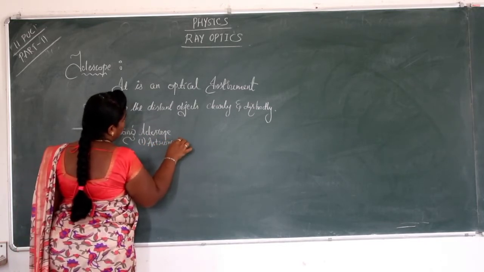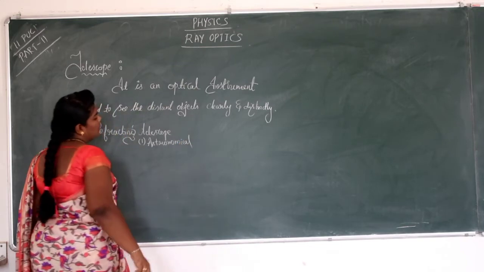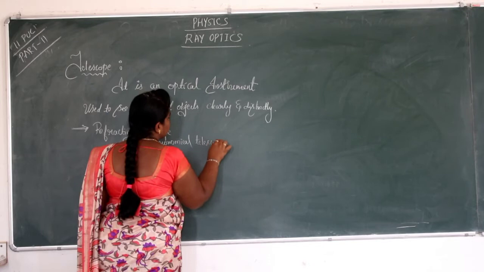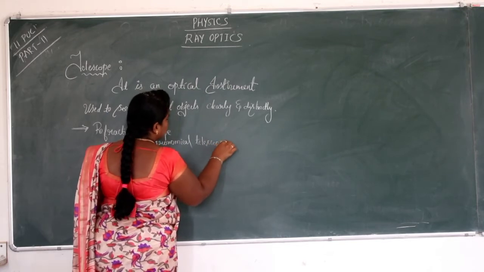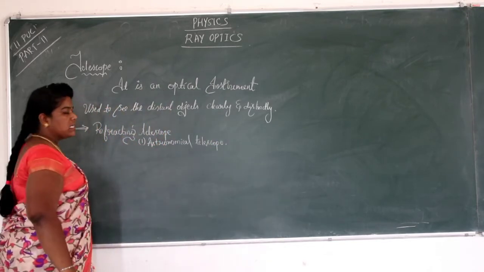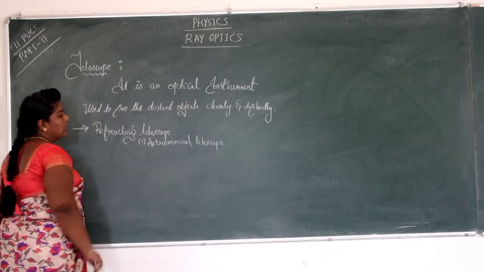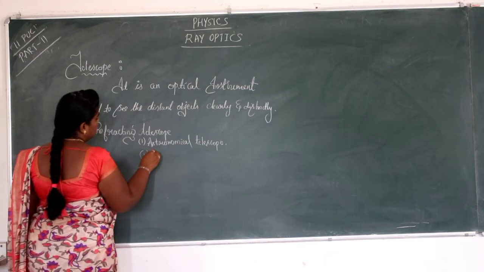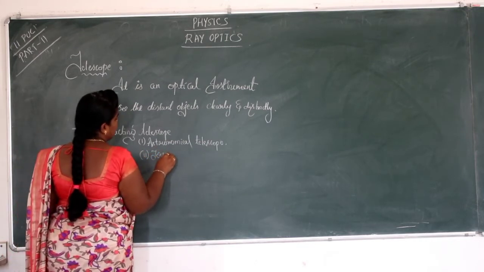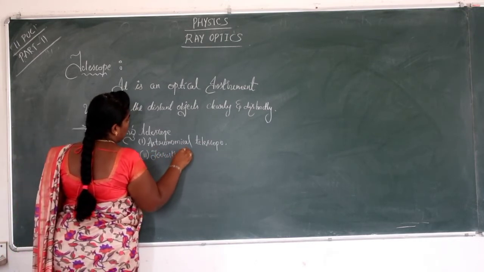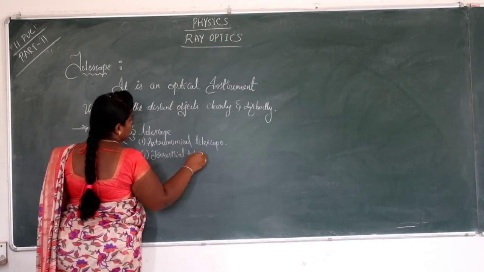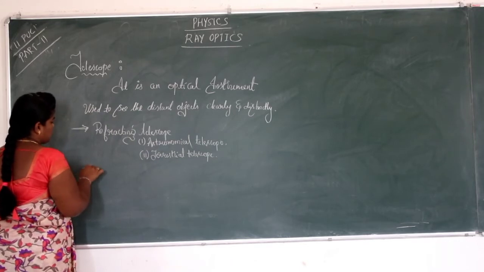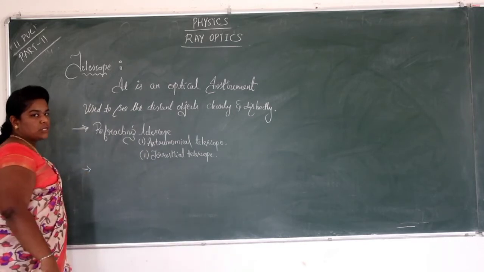This tells you that we are using the optical instrument to observe stars, planets and the sun. And we also have the terrestrial telescope. What is this terrestrial telescope? You can observe large distant objects, such as trees and objects present on the